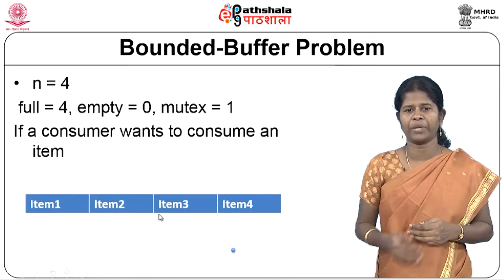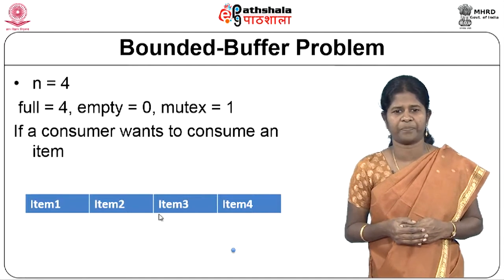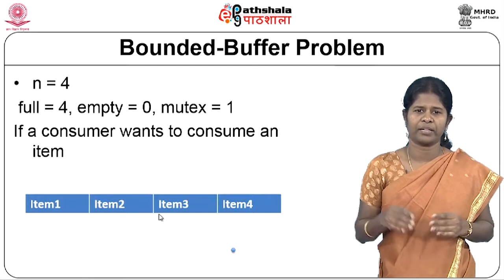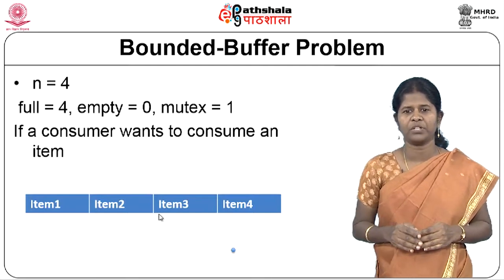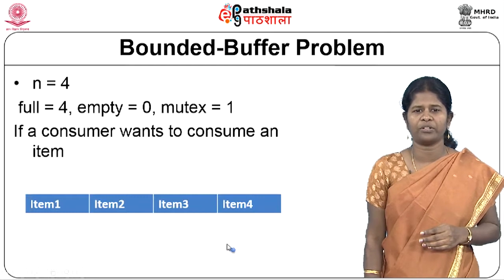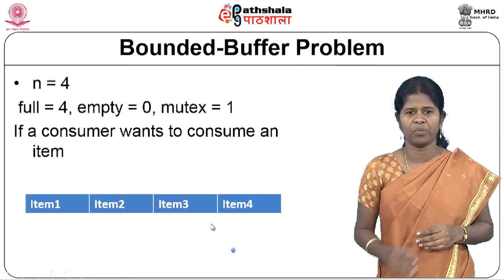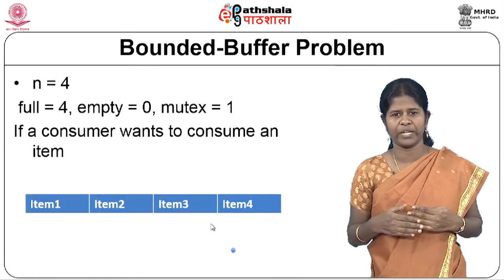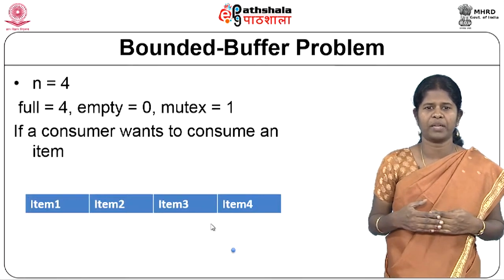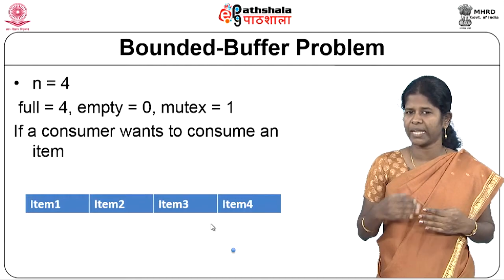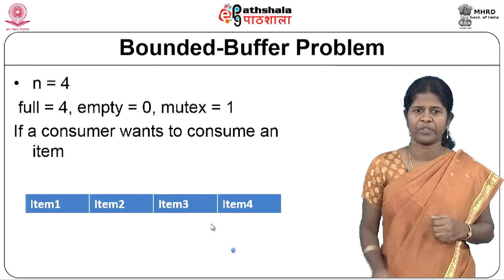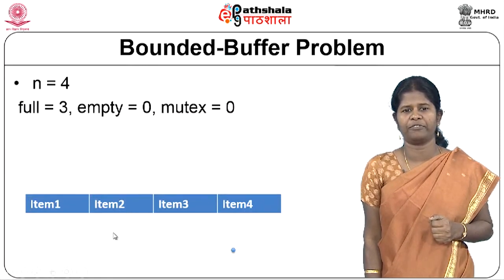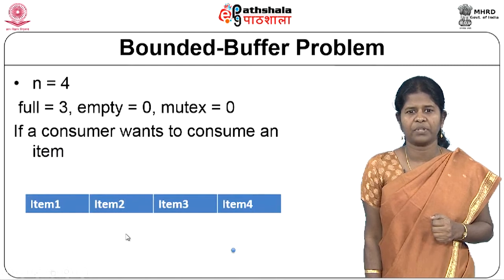Now we will see what happens if a consumer wants to consume an item. So now we see that all the buffers are full and the consumer wants to consume an item. So what is the algorithm for the consumer process? The consumer will wait on full and then it will wait on mutex, then consume the item. After consuming the item, it will signal empty and signal mutex. So we will see when it tries to remove the first item,